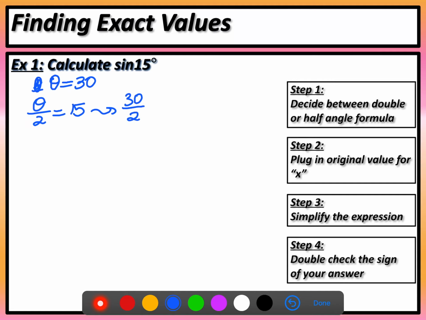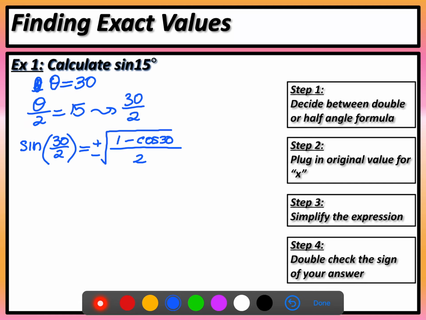So I'm going to take my half angle for sine, using my identities, plus or minus. All right, so we're going to save the plus or minus until the end, and we're going to evaluate what's